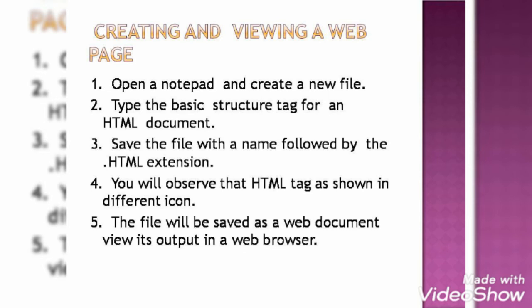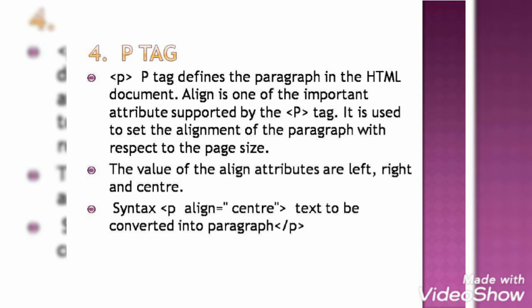Then I will tell you about new varieties of tags for making special changes, like paragraph. For paragraph we use the P tag. It is an example of an empty tag, right? So paragraphs are defined with the help of the P tag. Automatically, when you use this, it will break the line and appear as a paragraph. You can use the syntax like this: in brackets you write P, whatever text you want to convert into a paragraph you write, and then you put the closing tag of P. Whatever content you have written will be converted into a paragraph.